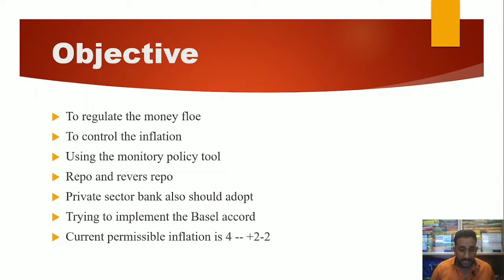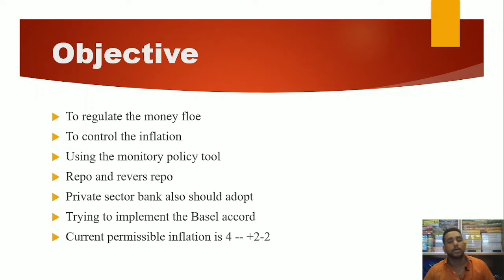Why? If inflation increases slightly, it means the purchasing power of people is going to increase. They are not going to invest in any particular product or item; they are going to want to purchase essential commodities. Even if inflation increases, it means the country is accelerating towards development. That is why plus or minus 2 is acceptable in the inflation rule of the Monetary Policy Committee. That is also the objective of the committee.